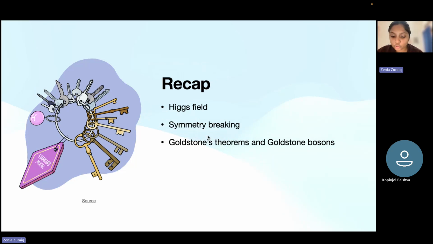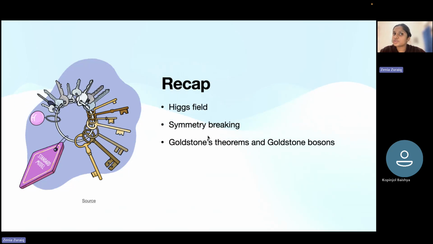So now we are moving on to the parts of the standard model that give it its elusive or interesting nature, which is mainly about gauge fields, gauge invariance, and the concept of symmetry breaking. Symmetry breaking is again a very interesting concept. If you recall, one of the very first weeks of this course taught about Noether's theorem,